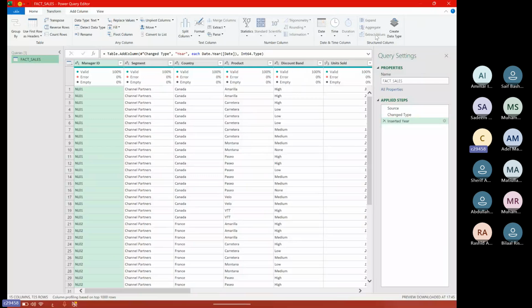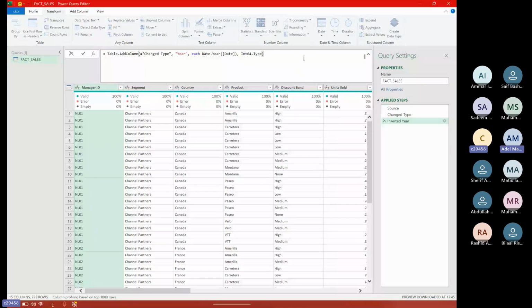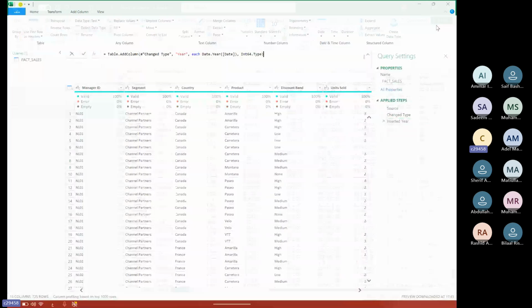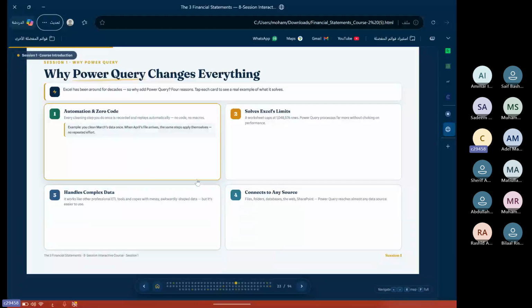Only, I found a lot of people don't use this M language. You can write it by yourself, but normally you will not use it too much. And nowadays, mashallah, we have AI, so you can ask AI and get the formula that you use in M language. So it's easy and makes automation for us.